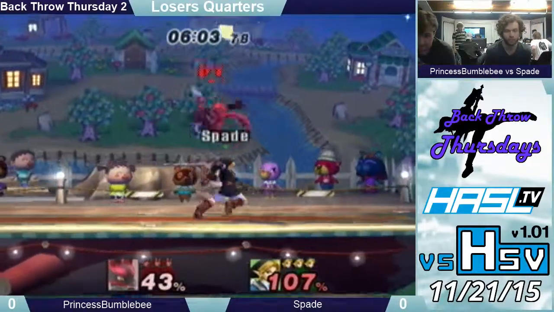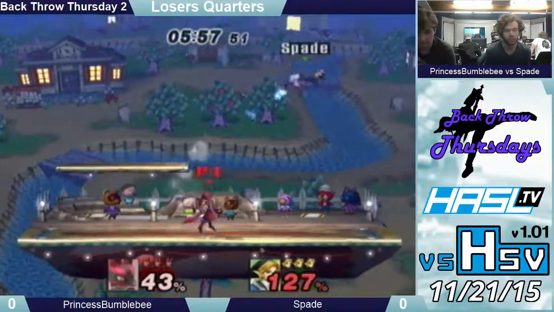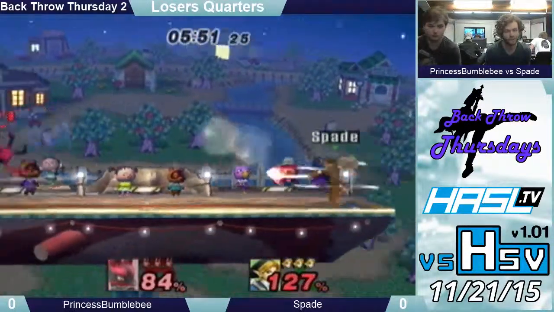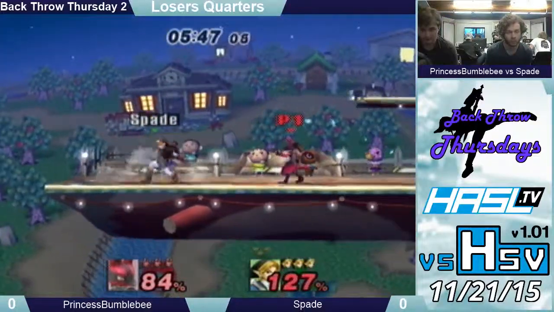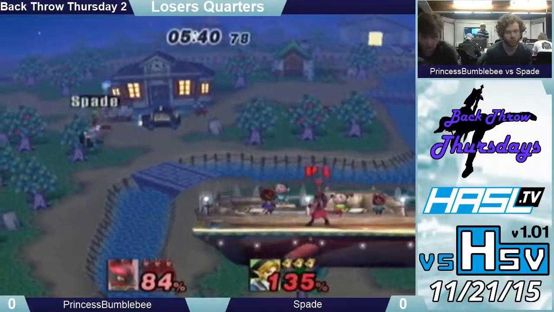He has to be careful not to get his percent too high, because after down tilt does not combo into Nair anymore, Lucario has a really hard time killing. Lucario doesn't have very much in the way of kill moves, really. Nair, back air, up air can all kill, forward smash, down smash. He does have quite a bit, and because forward smash has such a disjointed hitbox,